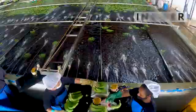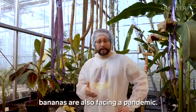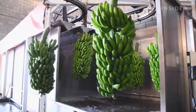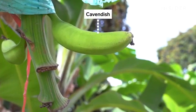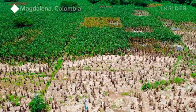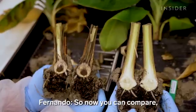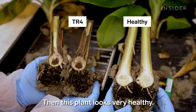The world's most popular banana may be on the verge of extinction. Similar to humans, bananas are also facing a pandemic. 99% of bananas exported to developed countries are just one group, called the Cavendish. And the Cavendish is vulnerable to tropical race 4, or Panama Disease, a fungus that's now ravaging banana farms across the globe. So now you can compare, this is tropical race 4 in a Cavendish banana, then the plant looks